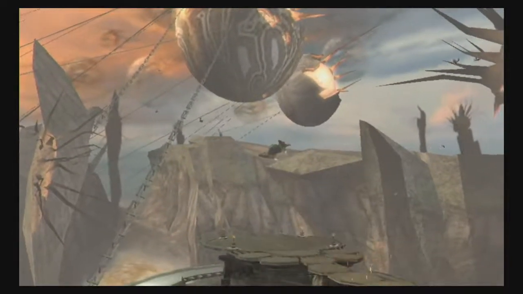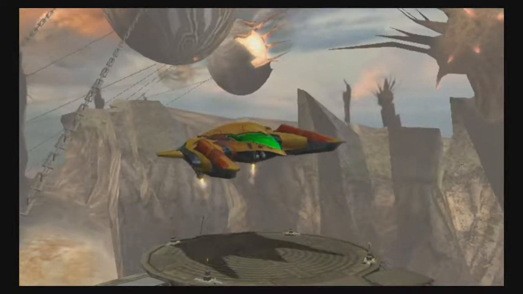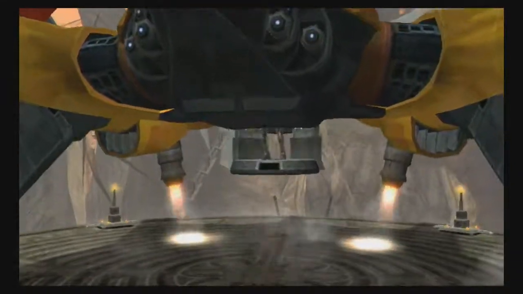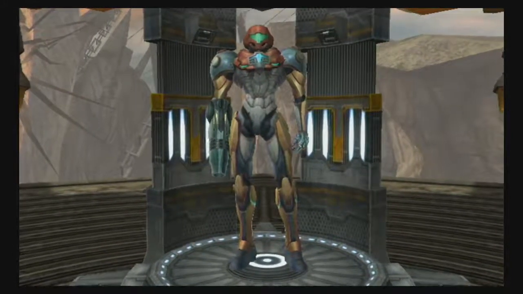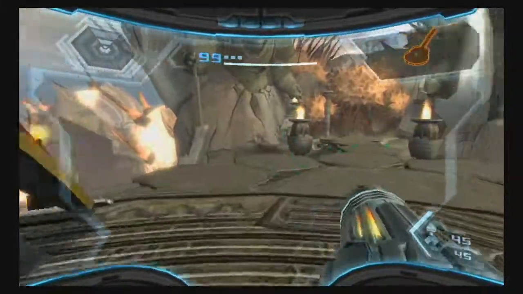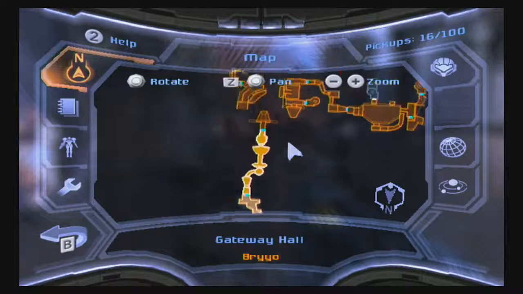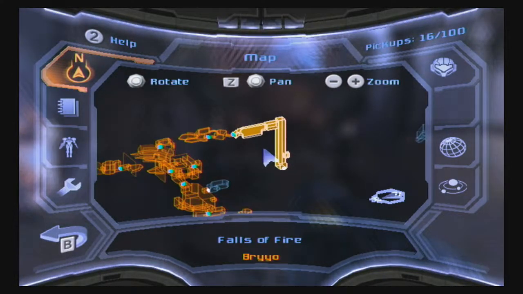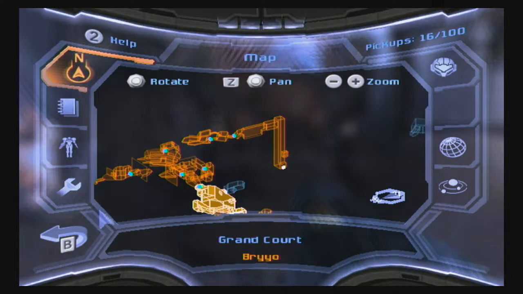Alright. Fortunately, loading screens can't be helped sometimes. But now that we're here on Brio Cliffside, we do have the map, so I can actually show you where we're going to be heading. We're going to be heading towards this, because if you remember the last time that we came here, we didn't have the ice missiles. But we have the ice missiles now, so we can actually